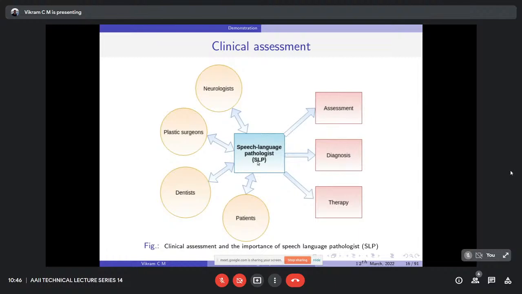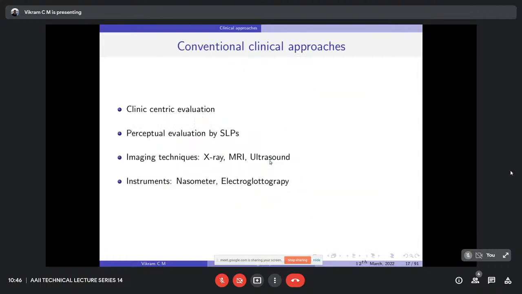So that is also given by the speech language pathologist. Clinically, they evaluate by using an X-ray or MRI machine to understand the internal speech production system, and also perceptual evaluation. Normally we can't judge what the problem in the speech production system is, but by hearing the speech sound itself, these expert clinical language pathologists can diagnose the presence or absence of any